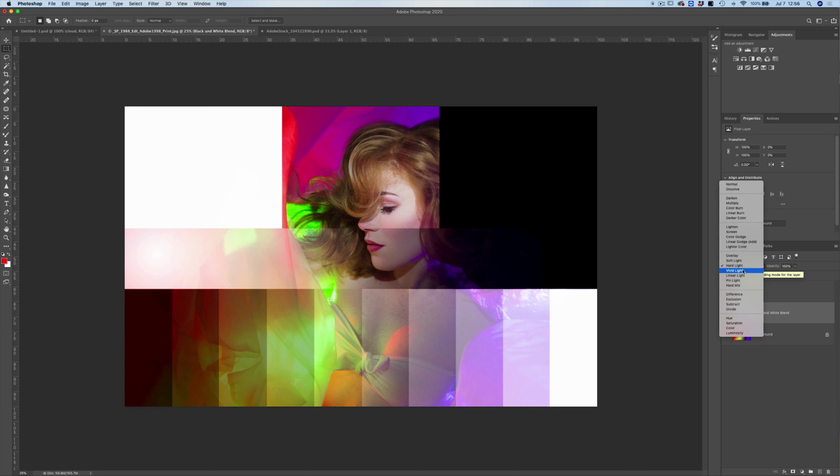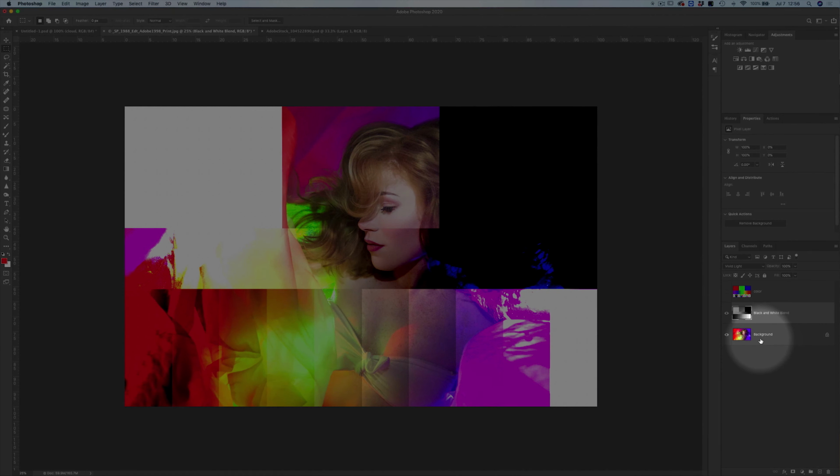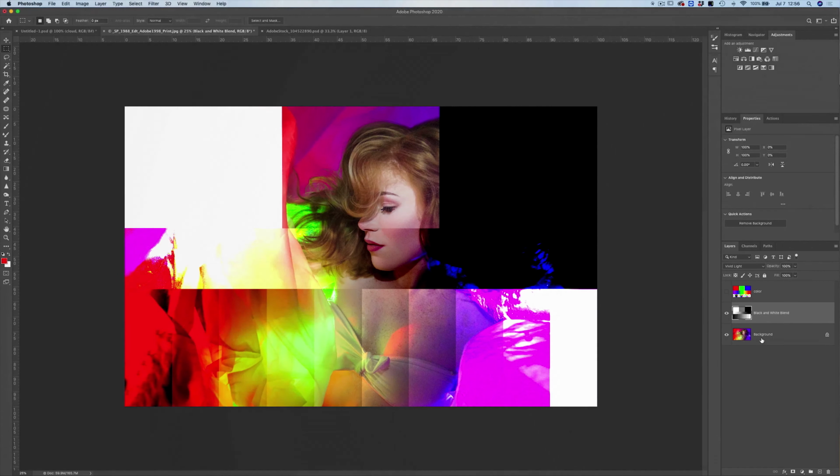The next contrast blend mode is going to be vivid light. This one combines multiply and screen like the other ones, but it takes into account the underlying saturation within our background layer to make its calculations on what to brighten and what to darken.